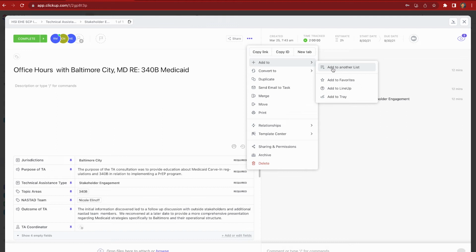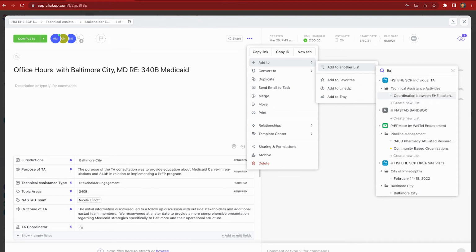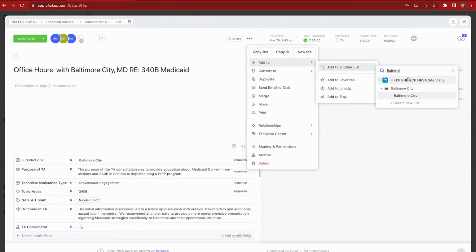each of the locations. So I'm going to go ahead and click Add, and this is Baltimore City, so we do have an individual folder called Baltimore City. So I'm going to go ahead and move it into the catch-all Baltimore City list. And that's that. It is now added, and so now we can move on to our next activity, which is